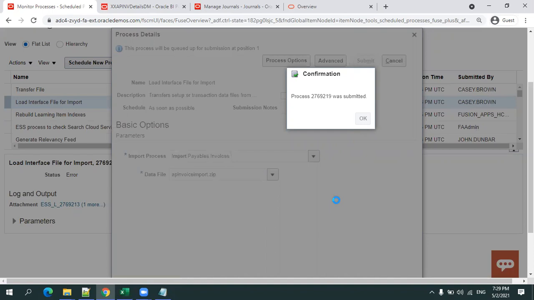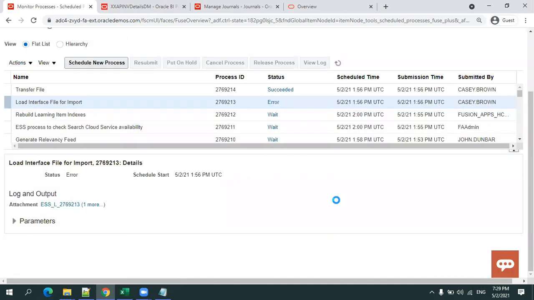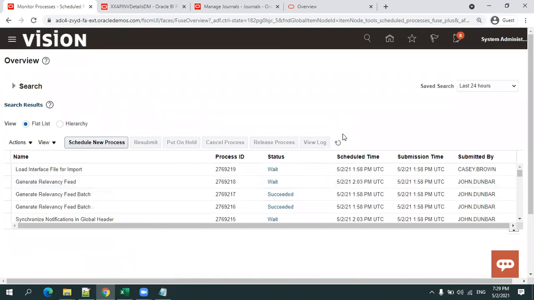It simply copies the file to the UCM, and then later it will raise an issue. It will copy the file to UCM, and then it will perform the invocation of the control file for each particular sheet. Now let's try this one this time. This time it should be success. Let's try. But always observe the log whenever you get an error. That is the only source where you can find out the root cause of your issue.